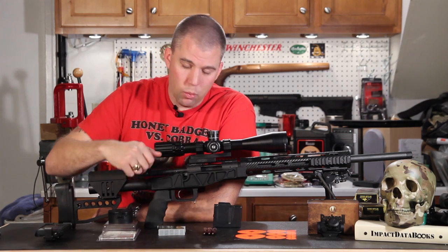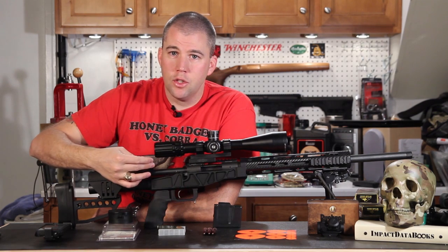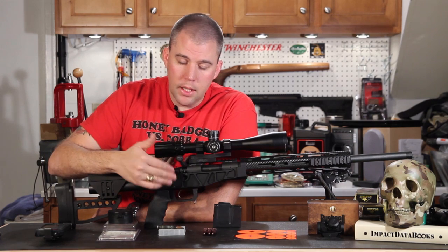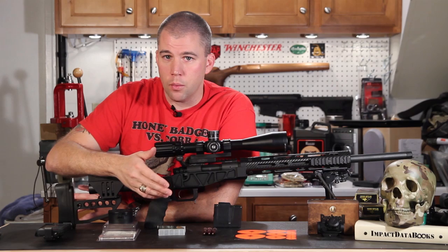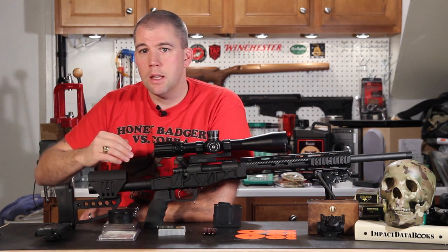Well, when you run this bolt on an empty chamber, it's nice and smooth. There's really no resistance whatsoever. So when you get into the habit of running that and not feeling any resistance, and then you go to fire for real and you slam that bolt forward and catch a cartridge, the bolt is going